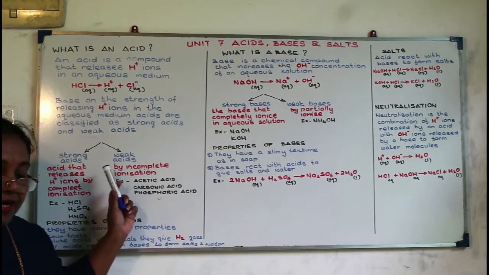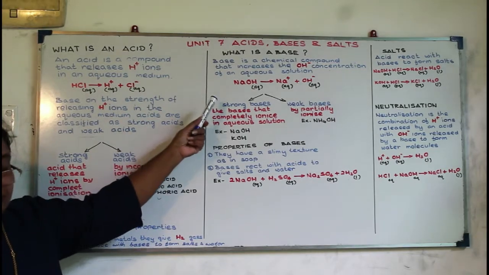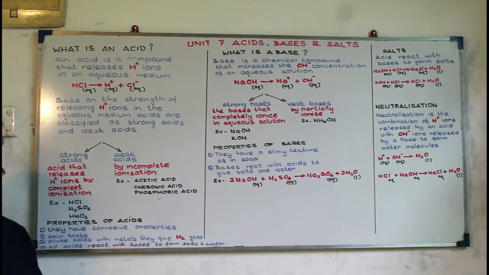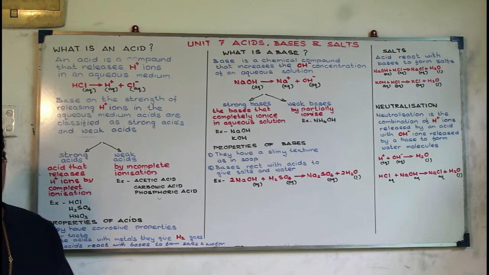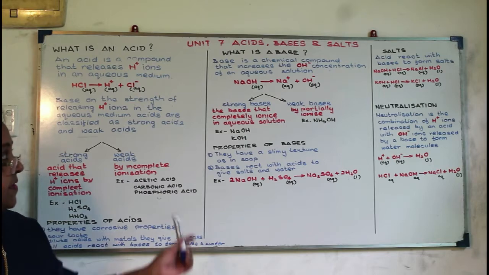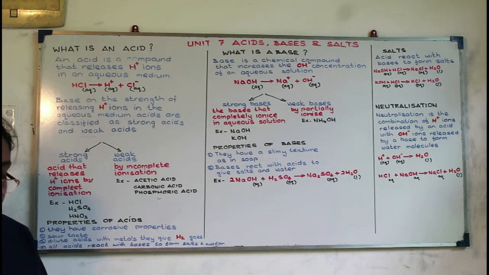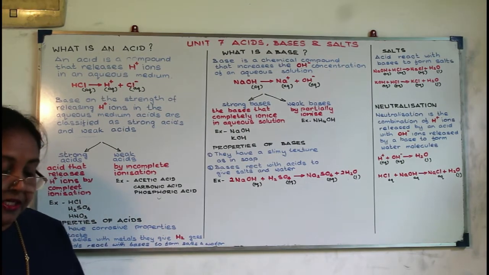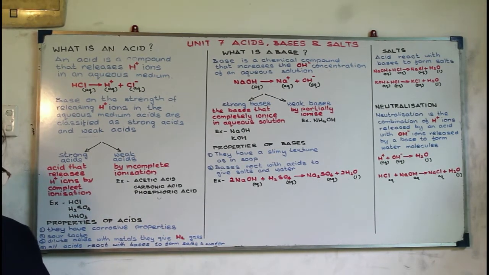Right. Now we can identify acid and bases using indicators. Now there are three types of indicators. They are litmus, phenolphthalein and methyl orange. In the grade 11 textbook, page number 196, when you refer to that, you can see a table number 7.2. There they have written indicators litmus, phenolphthalein and methyl orange, and in the acidic medium what is the color, and the basic medium what is the color.